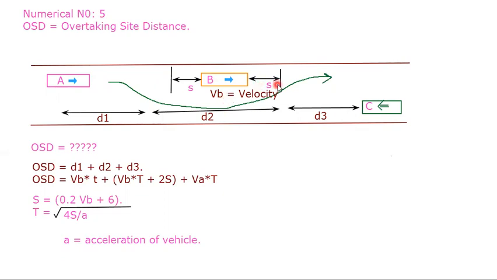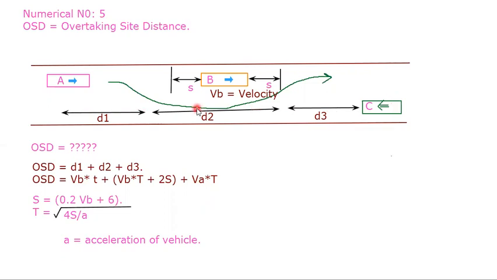So considering this condition, considering the high value of velocity of vehicle C, we, meaning IRC, have designed these formulas. So velocity of B is the velocity of the overtaken vehicle, and velocity of A is the velocity of the overtaking vehicle. The velocity of the overtaking vehicle will be more than the velocity of the overtaken vehicle. On the safer side, we assume the high velocity, because high velocity gives more distance, and that distance will be your safe distance.